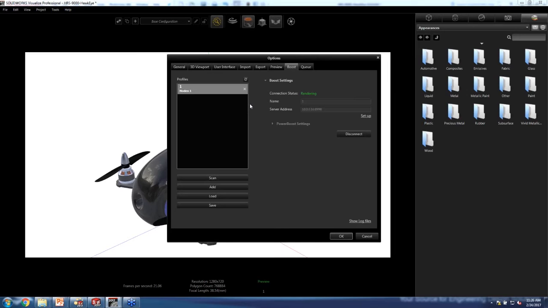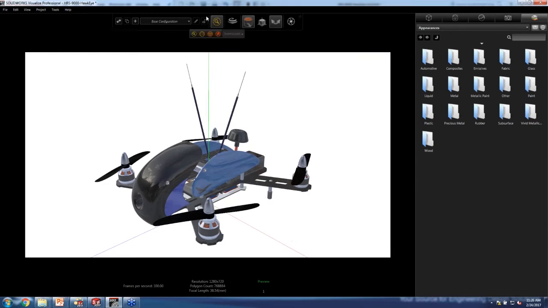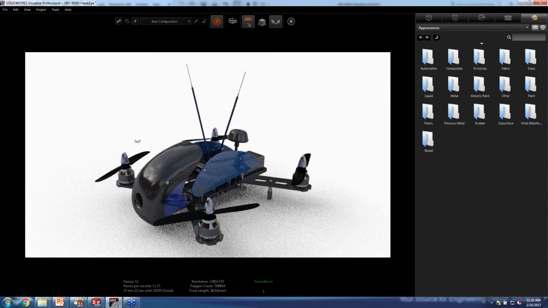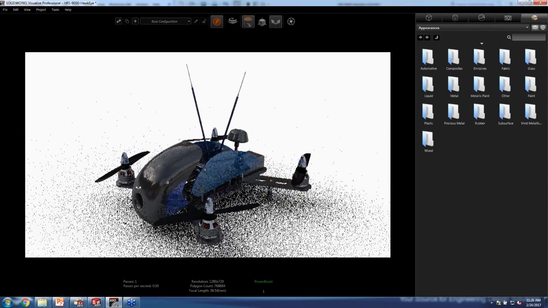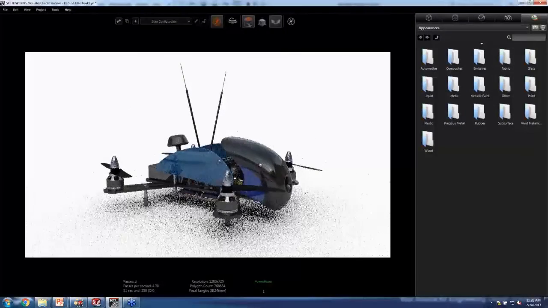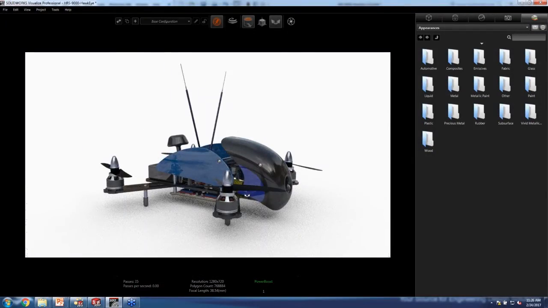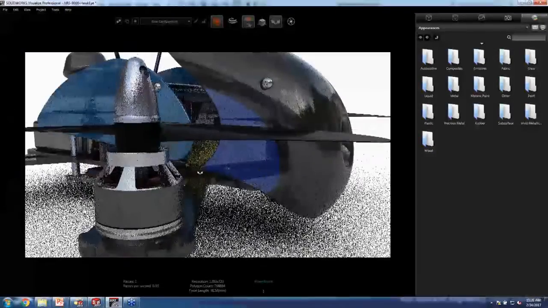Now with that said, that slide I showed where the Composer rendering was a second, the PhotoView 360 was 4 minutes, and the Visualize rendering was 8 minutes. That was all done on this computer, not utilizing that other computer. So that was a direct one-to-one comparison. With this other computer, the Visualize rendering is of course going to be much faster than 8 minutes. It's probably going to be closer to 1 or 2. Okay, so